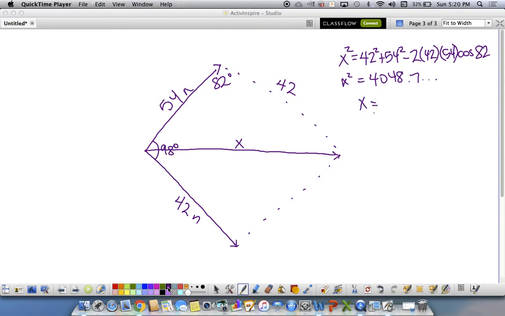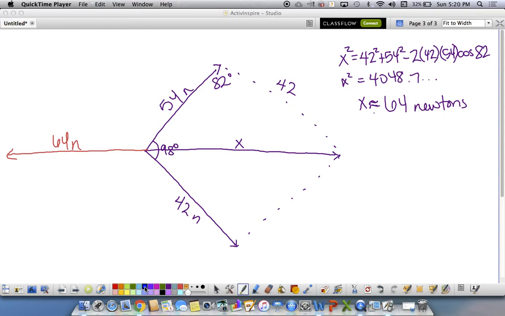X equals the square root of that number. And I'm going to get approximately 63.6. They don't do very many decimals in here. Yeah, they don't. It's approximately 64 newtons. So that is the magnitude of my equilibrium, 64 newtons. Okay? And then they also ask,